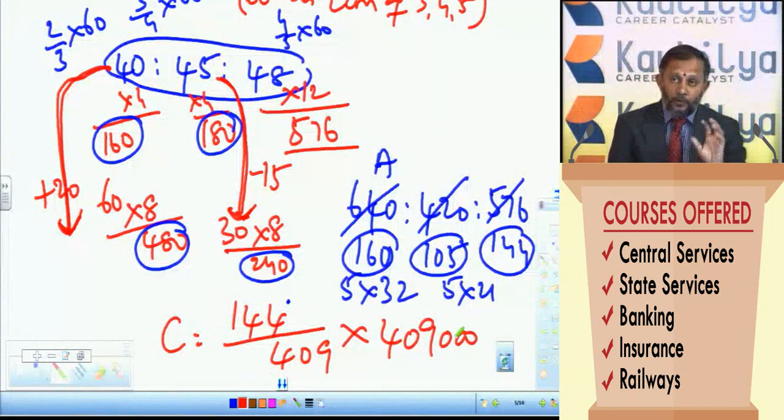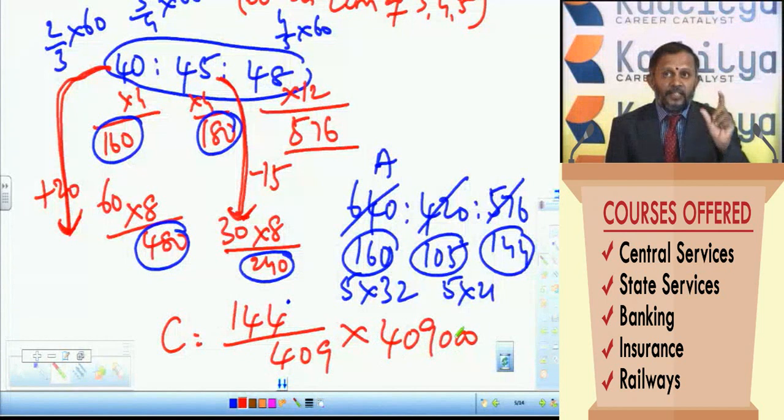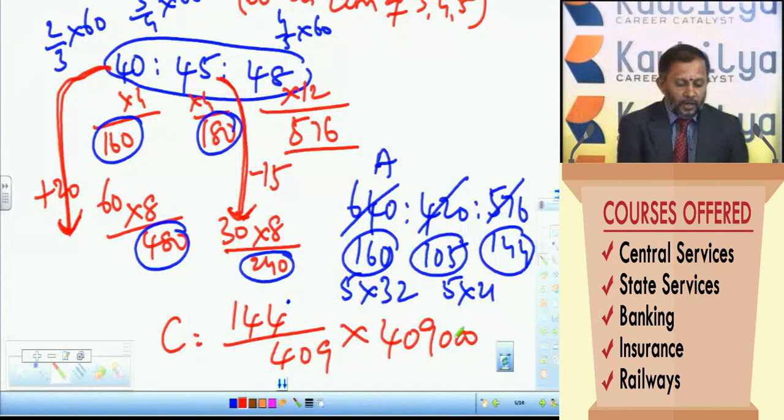So here what you have to focus on is, the majority of the participants select X as the total investment, but you have to give special focus, so that you select 60 as a common factor, because 2 by 3, 3 by 4, 4 by 5, all the denominator factors are to be eliminated. So for that we multiplied all 3 factors by the number 60. So we got 40 is to 45 is to 48. So I can explain in detail.